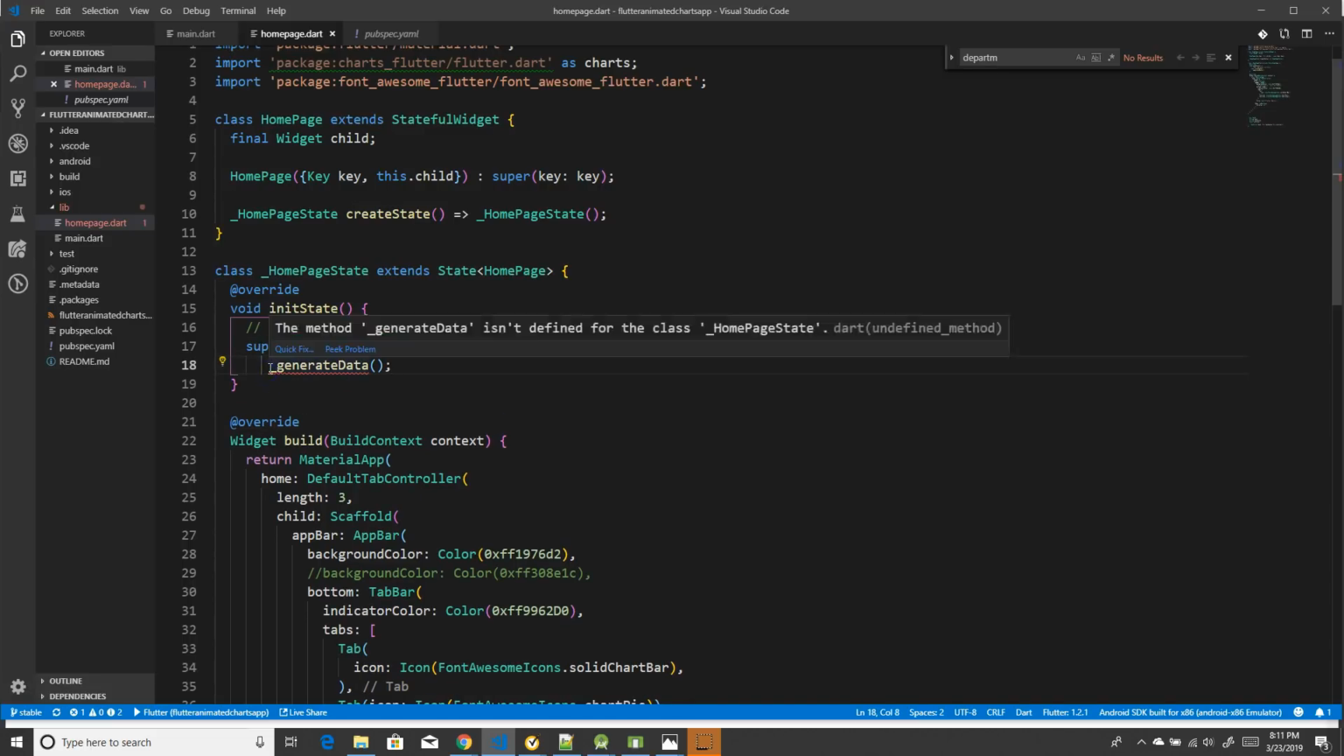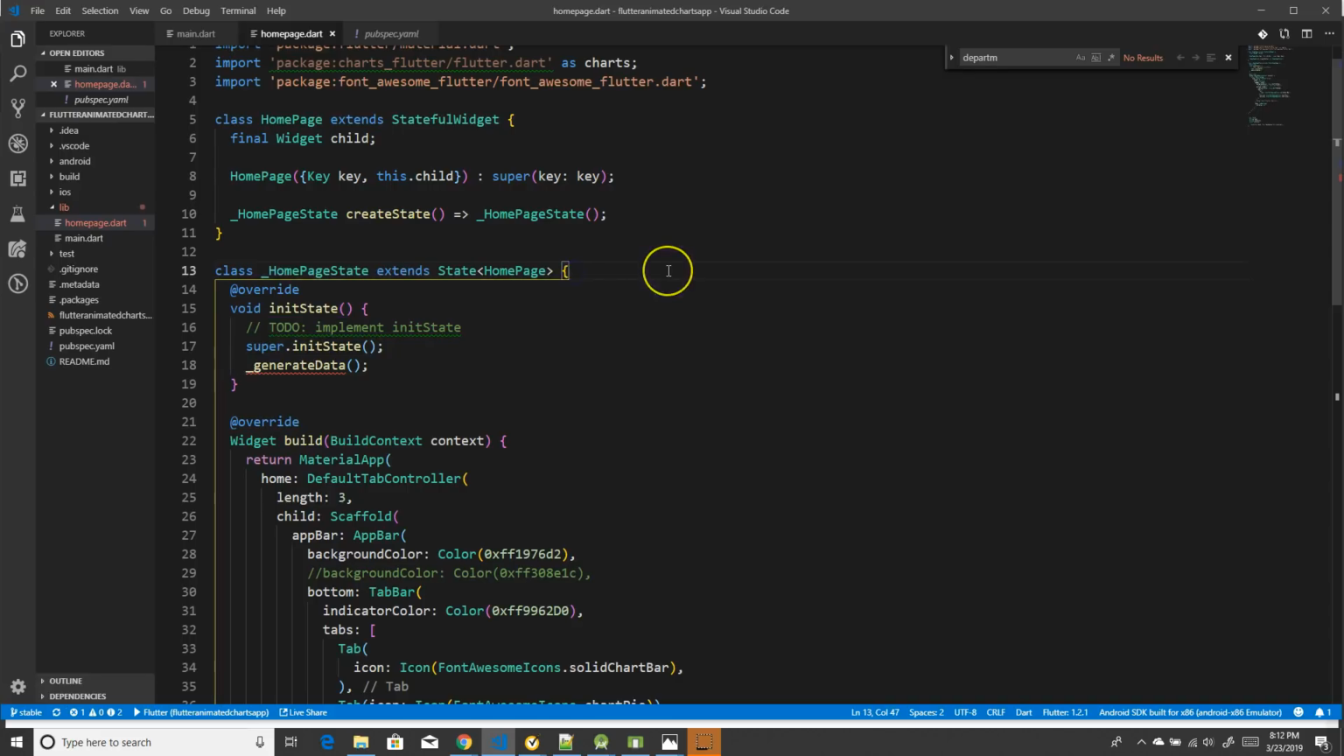Now what this basically does, it generates all your data related to either a donut chart or the line chart or the bar chart. So I'm keeping a separate function just for the generation of data. And now let's define the data generation part. So for that,